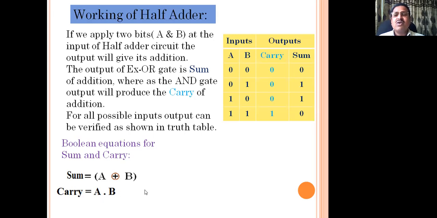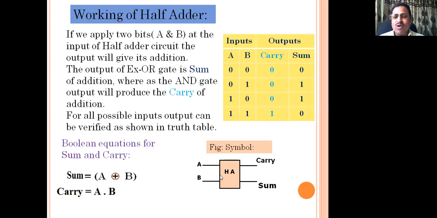A and B. We can represent the logical diagram of the half adder by using a simplified diagram known as a symbol, a square block having the inputs A and B. You may use a rectangular block also, with the inputs A and B and the 2 outputs. One is carry, the second is sum, and inside the block the label HA indicates it is a half adder circuit. This symbol can be used in future wherever we have to use a half adder in our construction.